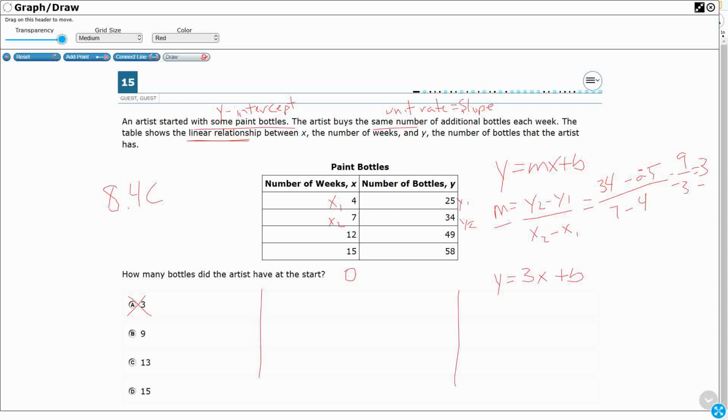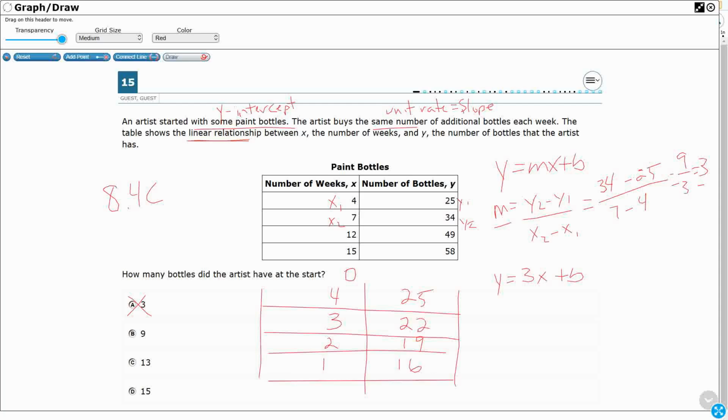If I'm buying 3 per week, what I want to do is count backwards. I want to try to get to that 0. So let's just go 4, 25. Let's just go backwards. 3, going back to 22. 2, going back to 19. 1, going back to 16. 0, going back to 13. There we go. I just manually counted back 3 from 4, which is the lowest they gave me, all the way